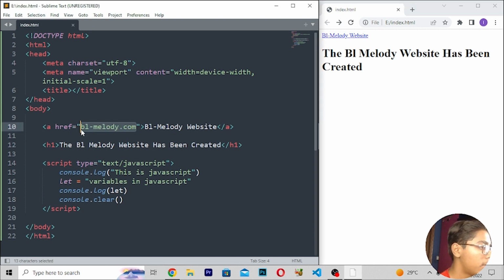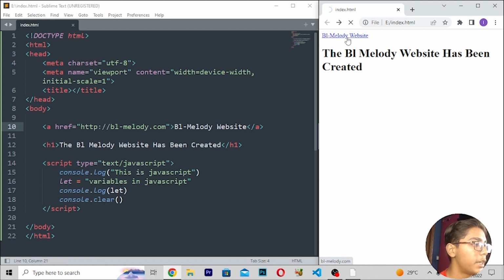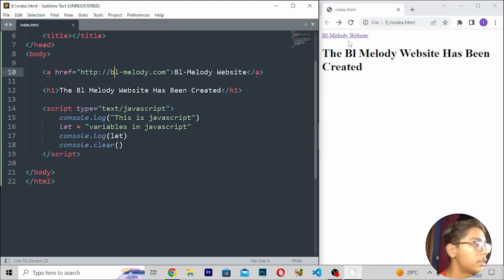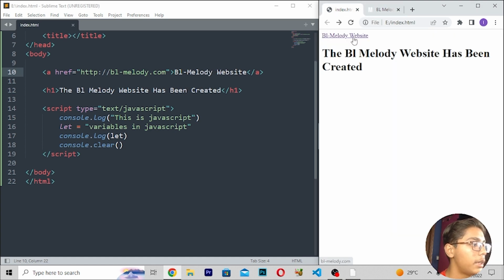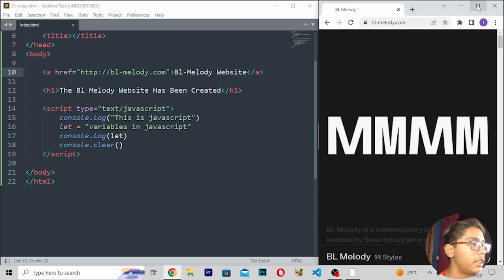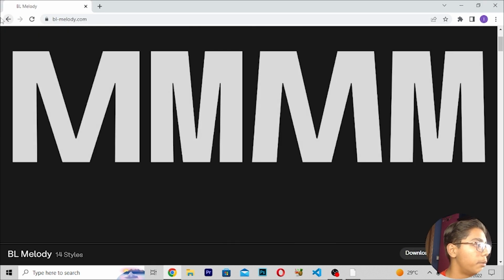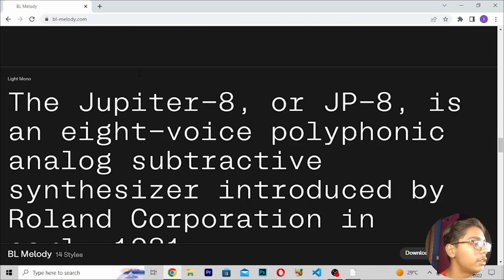So here I will be writing http, then here you have to write //. Save this, then you have to reload, and then when you reload this, you will be pressing this, so it will be redirecting you to the Melody. Now we have written the perfect link, and our file has been created here. Now when you link this, here you have to press just this tag, and you can see our BL Melody project is built, because now when I'm pressing this button, it is redirecting me to my BL Melody website. So press this again, you can see it is redirected. Press this, you can see it has redirected me to the BL Melody project, and it has been built. So if I press it again, you can see we are on our project. So this was the BL Melody project, and like this you can create this.